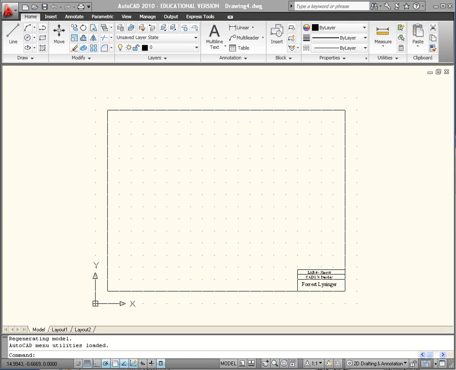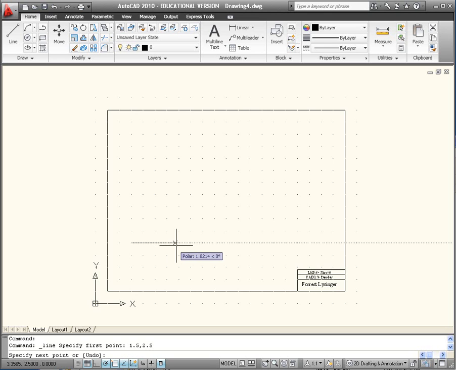In this exercise, we're going to draw a 3-view of the part that you have in your handout. We're going to start this part by opening the line command. So we're going to go up here, select line, specify first point, so 1.5, comma, 2.5. And then, as you can see from your drawing, switching your grid on will help you out with this because these are all nice even dimensions. So that's going to be 3 wide, 1.5 up,